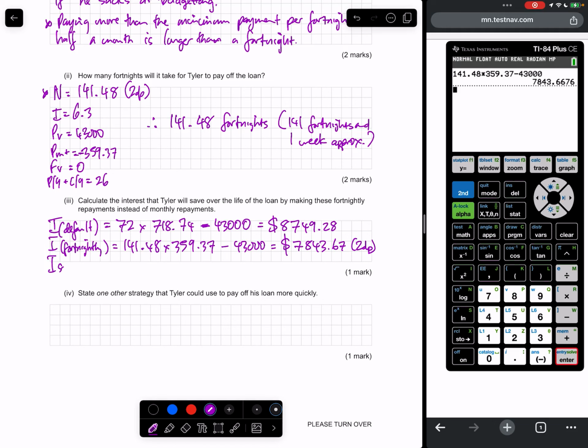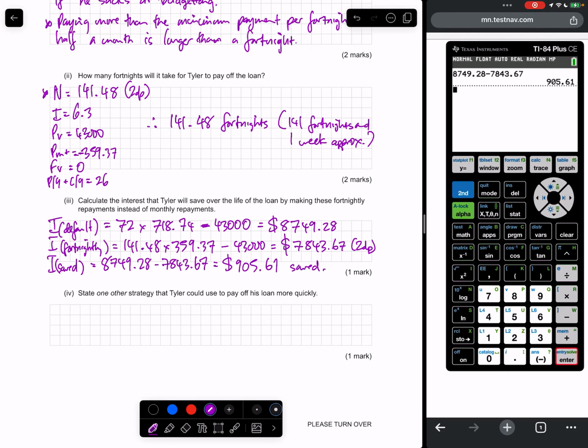Interest saved, 8749.28 minus 7843.67. $905.61